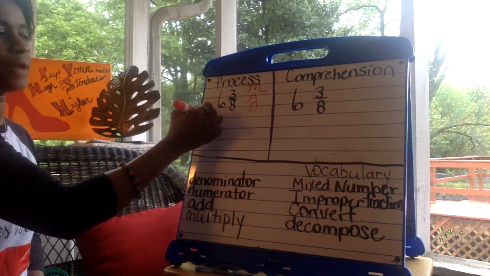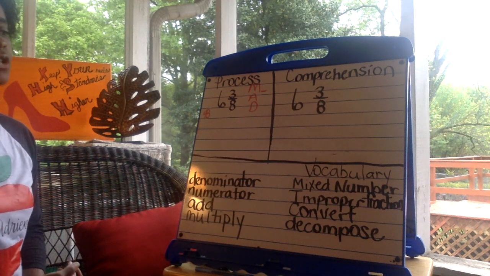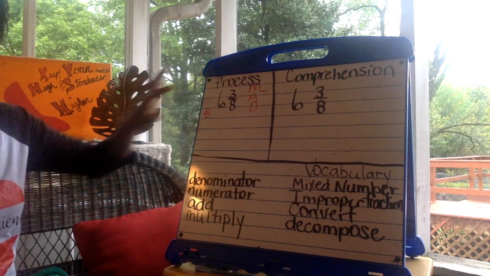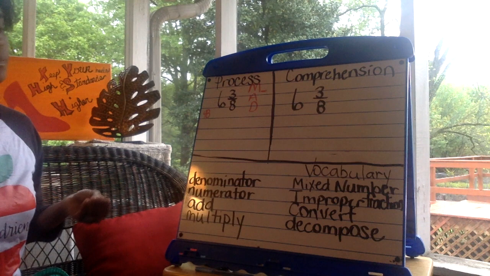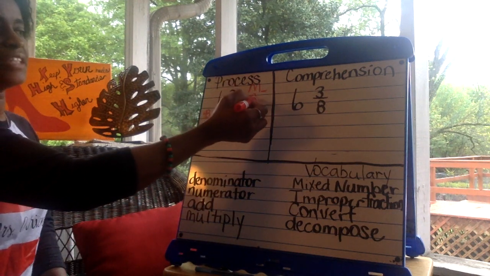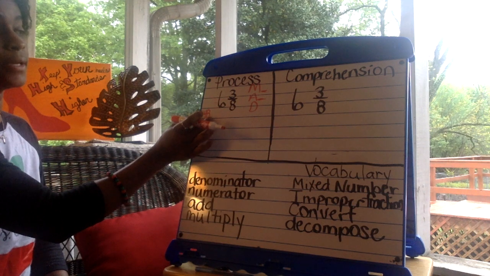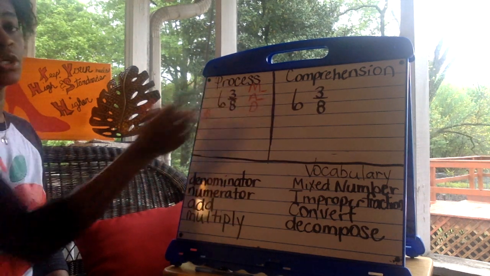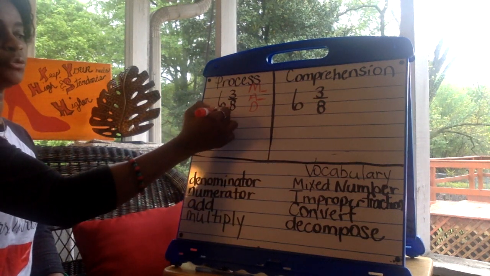I just like to write my little notes to the side so that I can hold that better and I can see it. But we're not finished yet with this process. Now we need to go to add. Well, we need to take what we've multiplied, the denominator and the whole number, and add this to the numerator. So 48 plus 3,